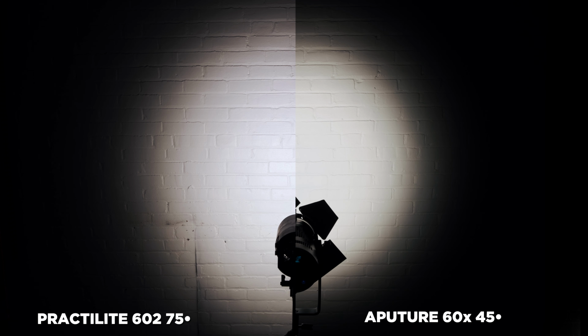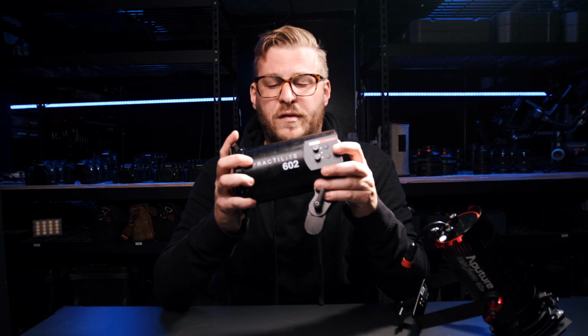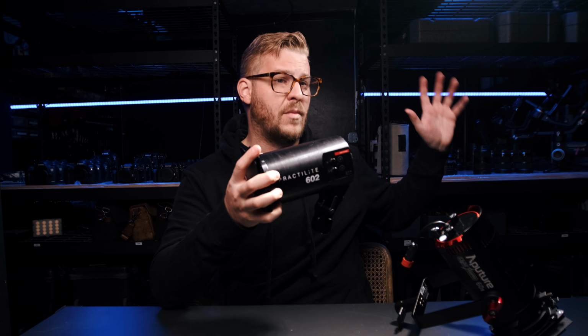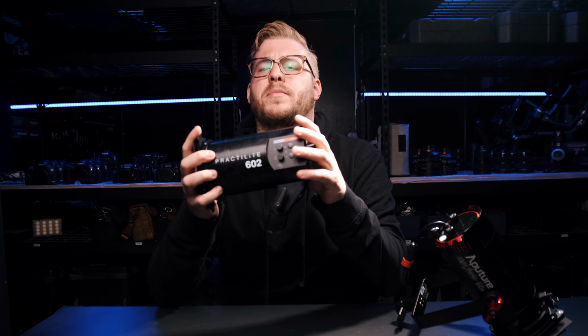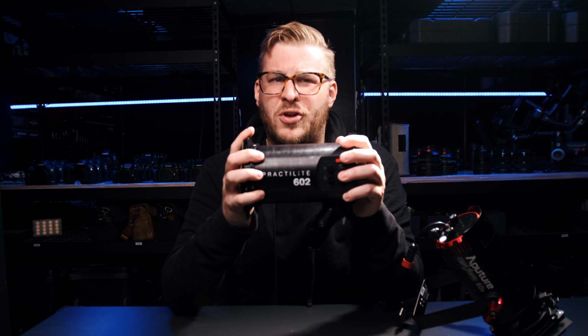Now, it might seem like the Practilite is the clear winner when it comes to beam angle. You got 30 more degrees of light. It's just the flood is much wider. But when you consider the fact that the Aputure is so much brighter, the 60X can just be backed up so much more, and of course that's one way to get a wider beam angle. It kind of ends up being a bit of a moot point, so I would call this one a draw,